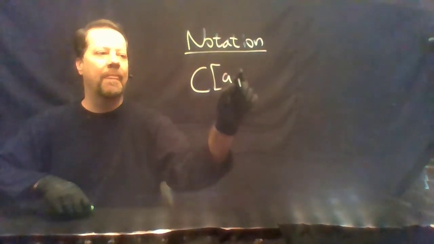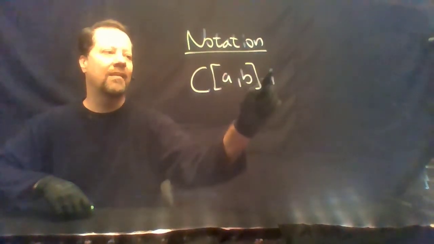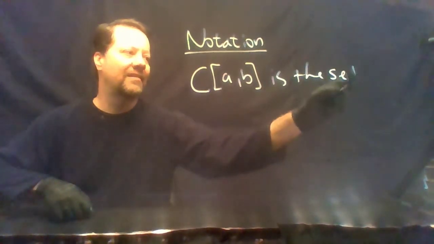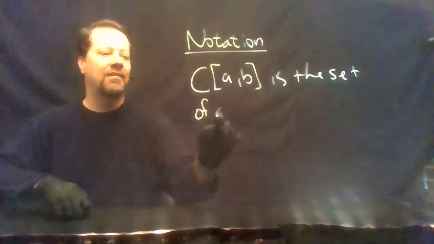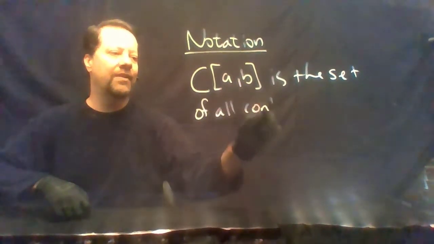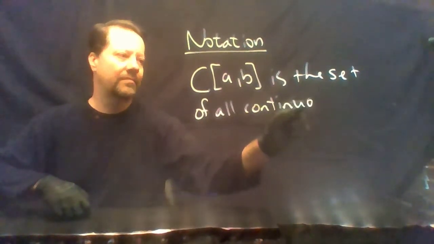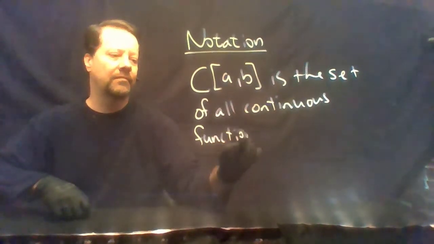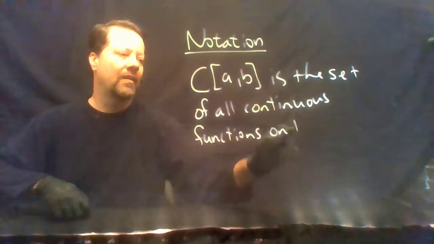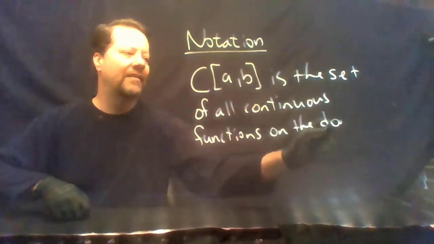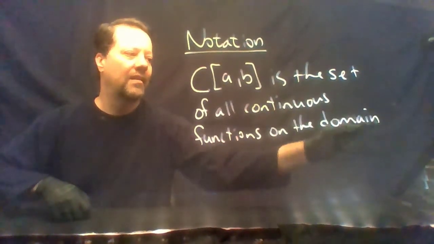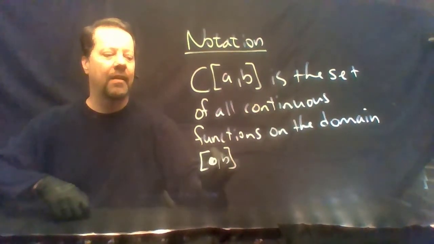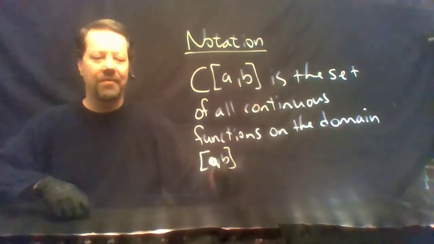C of [a, b] is the notation for the set of all continuous functions on the domain [a, b]. So, for example,